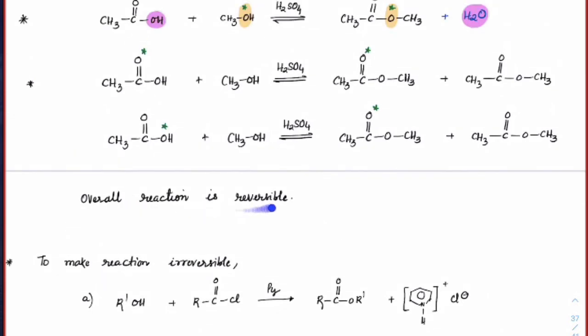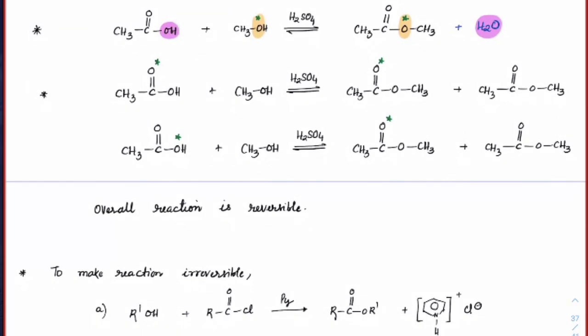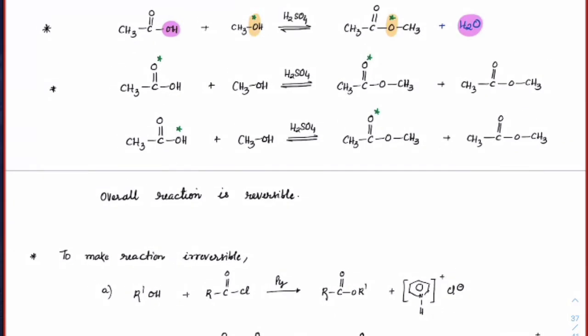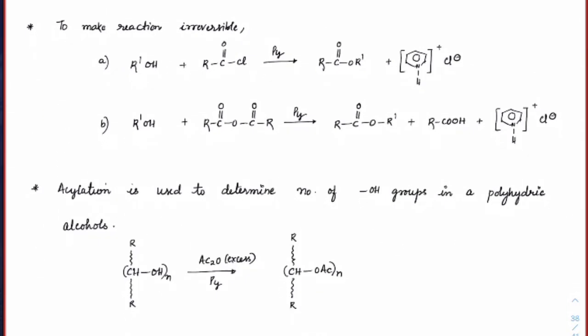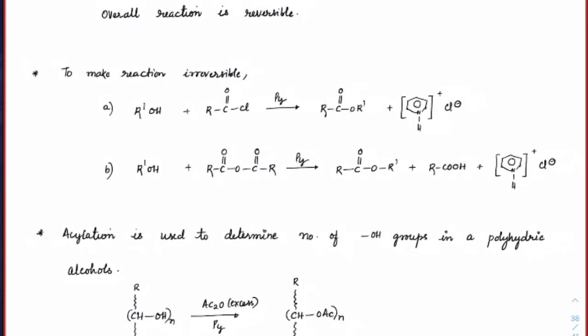And you can see the overall esterification reaction is reversible. Just mention that line there, that overall esterification reaction is reversible. Now in case I want to make this reaction irreversible, so if I would stop that acid whatever that is forming, correct, so I can stop that reaction from going backwards. So what we will do, instead of directly using carboxylic acids, we will start with acid chlorides. It's pretty easy to convert acids into acid chlorides. So first we will convert acids into acid chlorides and then make this reaction. We know that acid chlorides and anhydrides are more reactive than acids. So anyways the reaction will have a better rate here.